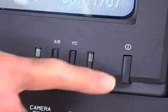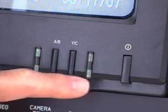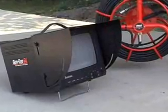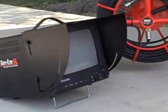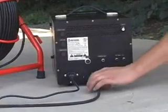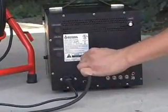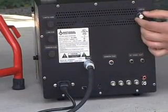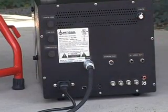Make sure the power switch on the TV monitor is on and the A, B, and YC buttons are out. If you have a mini monitor package, simply attach the power cord and interface cord from the reel to the back of the monitor. The LED dimmer control is located on the back as well. Though the compact mini monitor does not have all the features of the command module, it can be attached to